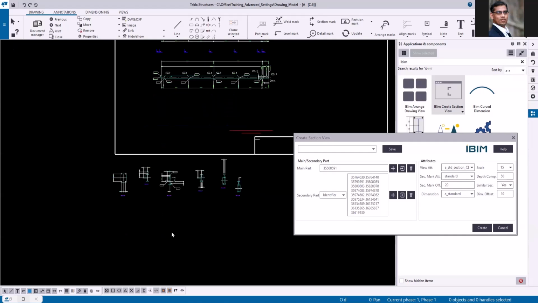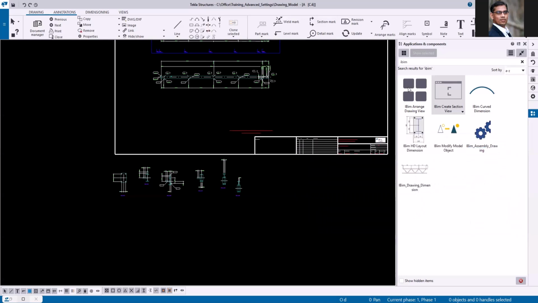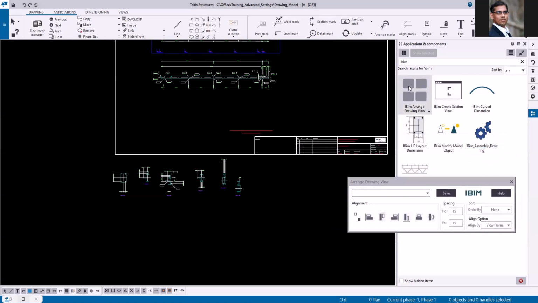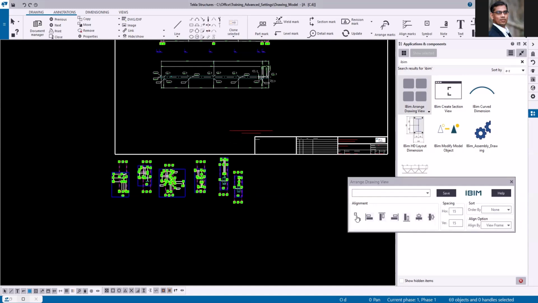After creating this section view, we can use another application to align the views inside the drawing sheet. So let me just double click and open the arrange drawing view. I'm selecting all these section views. I'm going to use this first option, arrange selected views inside 2 points, and then this should be ordered by